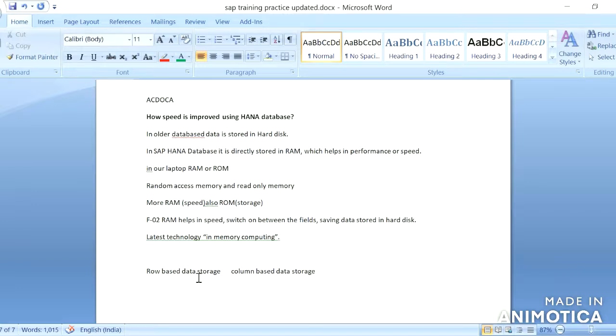So definitely there will be more fields and more tables in the latest systems. As the data is stored row based, it will definitely affect the system's performance.